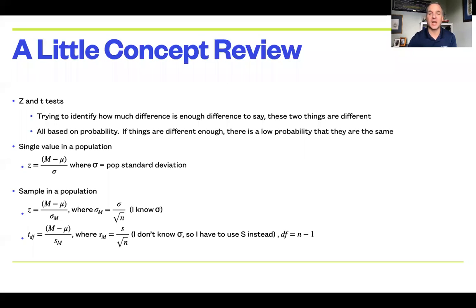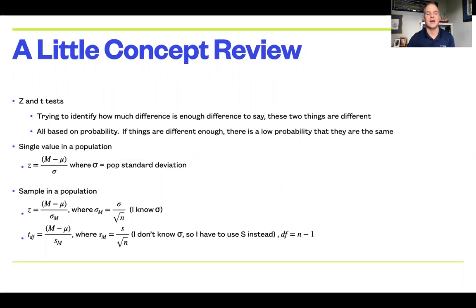First of all, just a little bit of concept review before we get too deep into it, right? So a little bit on z-tests and t-tests. These are about trying to identify how much difference is enough to say two things are different, right? So two samples are different, or a sample is different from a population. And this is all based on probability, right? If things are different enough, there is a low probability that they are the same. And then if there's a low probability that they're the same, then we conclude that they are